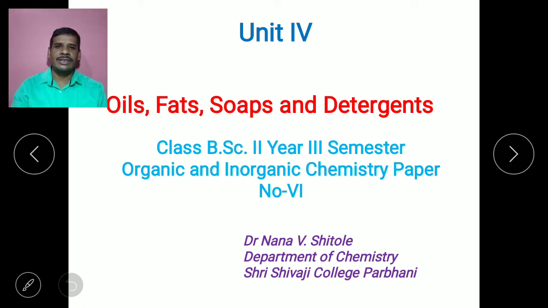Today we are going to discuss some other chemical properties, that is, the different types of values. These values are very useful for the determination of analytical data regarding a particular oil or fat. Only two values of oil and fats are included in your syllabus, that is the iodine value and the saponification value.